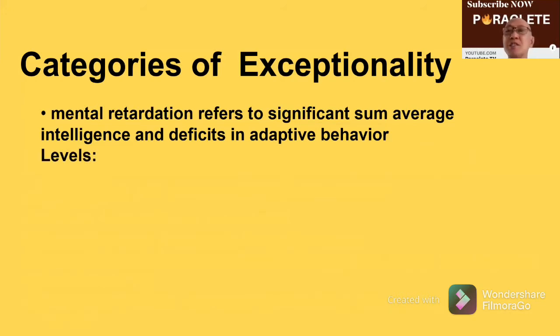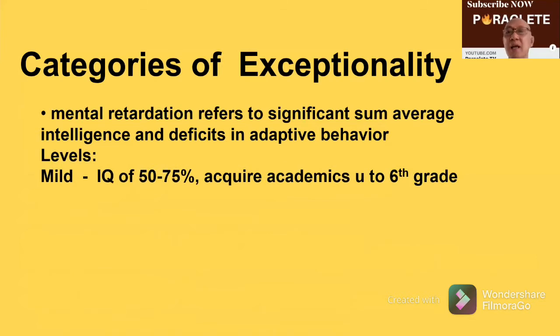And there are, of course, levels of mental retardation. We have the first one, mild mental retardation. They have an average intelligence quotient between 50 and 75. Because it's a bit higher, they can acquire academics up to 6th grade. They can go to school and understand up to 6th grade because they have an IQ of 50 to 75, although it will be hard and difficult for the teacher to train them as compared, of course, to normal